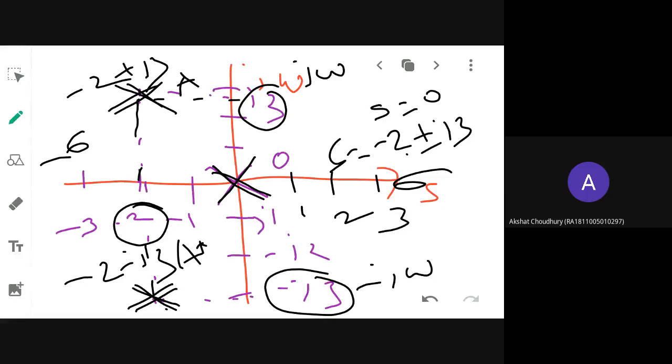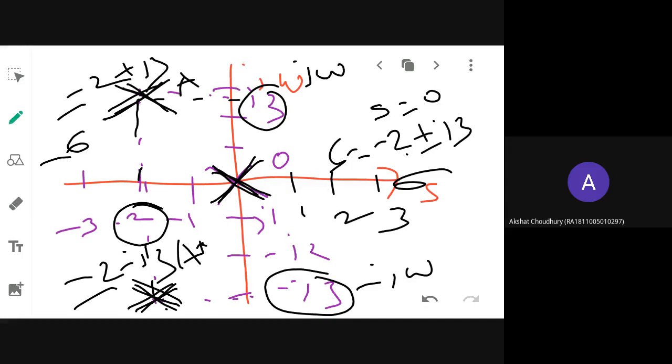Alright, so this is your first step. You have to locate the open loop poles and zeros. For this system you are having 3 poles, so you have located one at origin and the remaining 2 poles are complex conjugate, located at minus 2 plus j3 and minus 2 minus j3. That is your first step. You have to do the same thing in your graph sheet. You should not do it like I am doing normally. That is allowable only if you are not able to get a graph sheet. But all these procedural steps should be followed in a graph sheet. Finally, I will tell you how to do that.